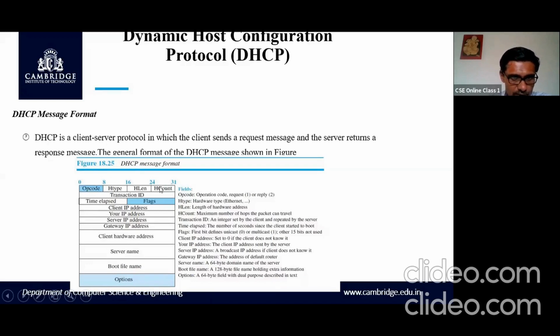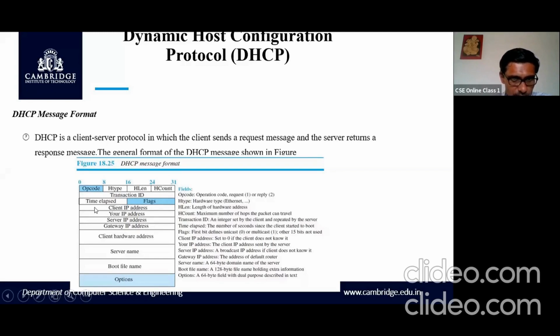In that, the first 8 bits are the opcode, then the next 8 bits are the H type, then HLEN, and the last 8 bits are the H count. All the fields are given here in the table. The transaction ID is a complete 32 bits.